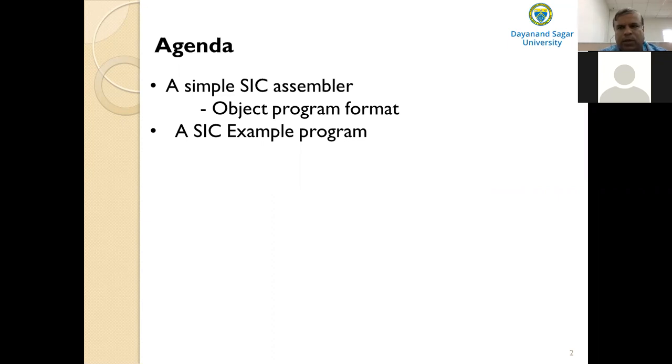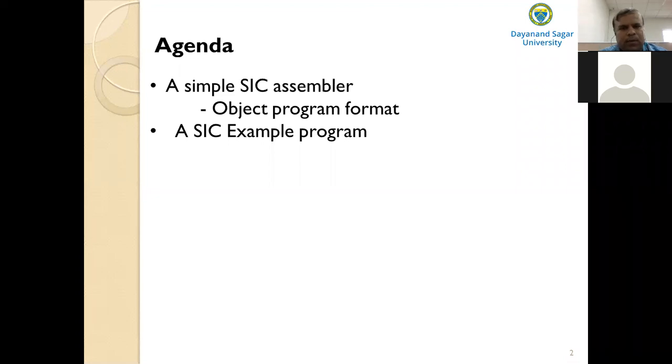First is converting the mnemonic operation codes into machine language equivalent, or the object code. Then second step, convert the symbolic operands or labels into equivalent machine addresses. And the third step, build the machine instruction in proper format.